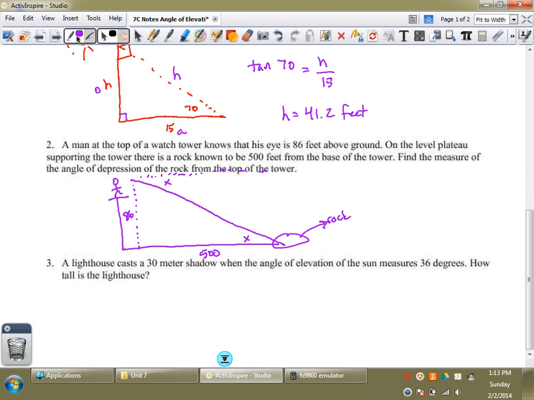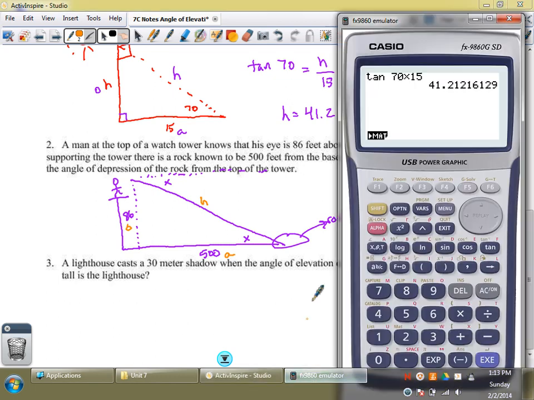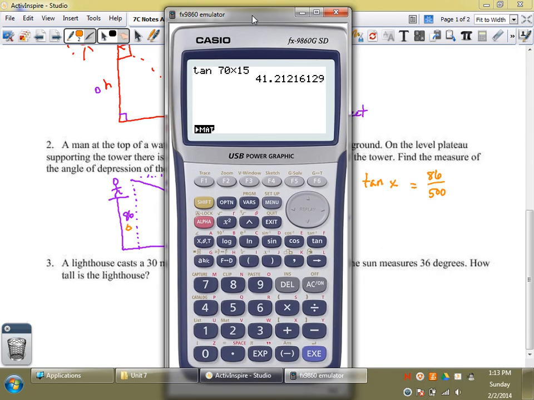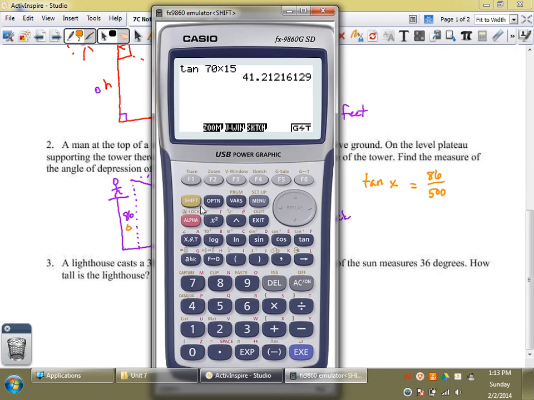So now I'm going to go into my problem and I'm going to label O, A, and H. From this angle, this is the opposite, this is the adjacent, this is the hypotenuse. And so I'm going to be able to say that the tangent of x equals 86 over 500. Now, anytime we're looking for the angle, we're going to use the inverse function. So shift tangent 86 fraction button 500 and hit enter, and the answer is